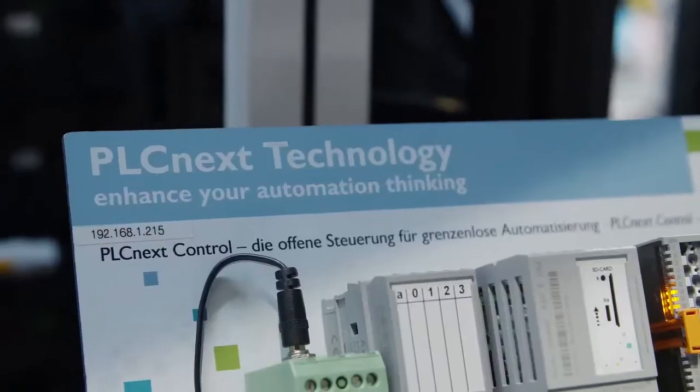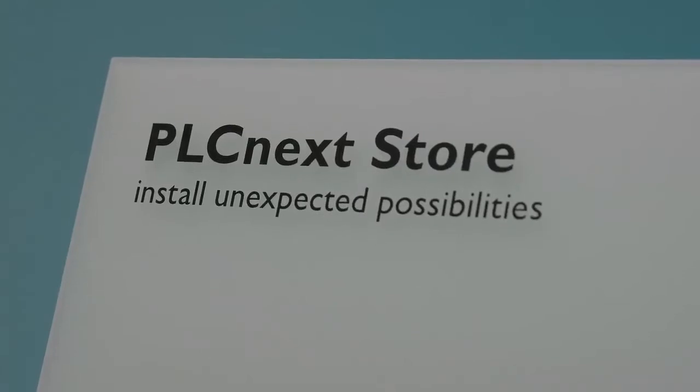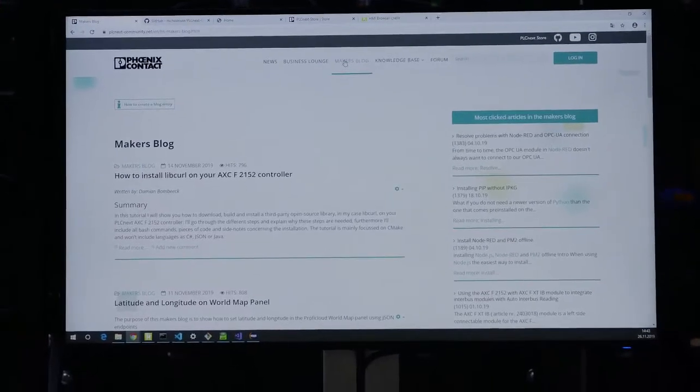PLCnext technology is an ecosystem with 4 elements: PLCnext Control, PLCnext Engineer, the PLCnext Store, and the PLCnext Community. So traditional PLC programmers will find a familiar, comfortable programming environment in PLCnext Engineer. So they can write their programs in their favorite language, ladder logic, structured text, sequential function chart, or function block